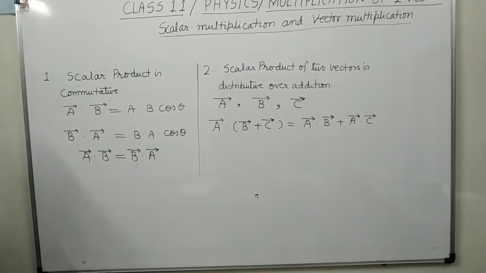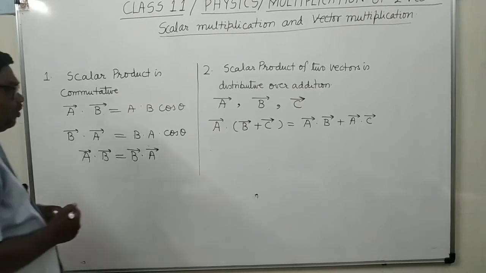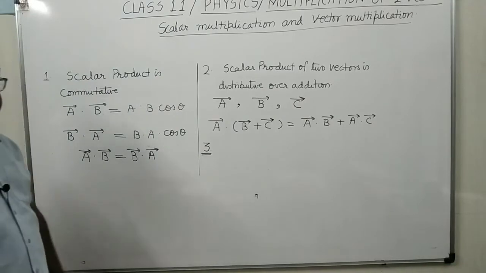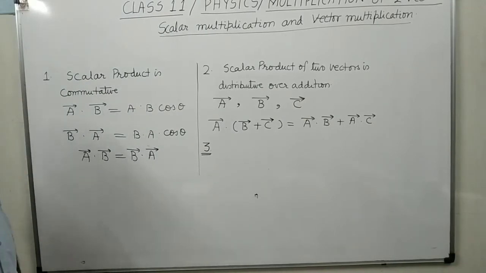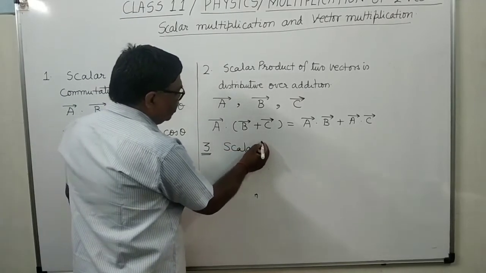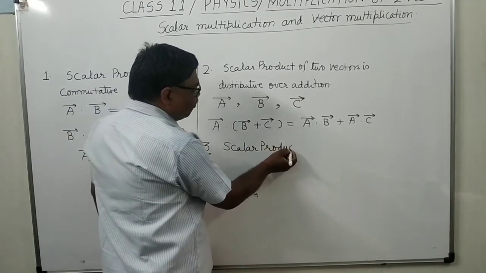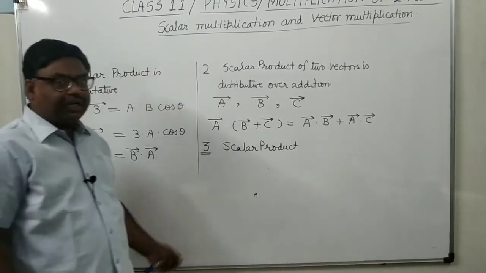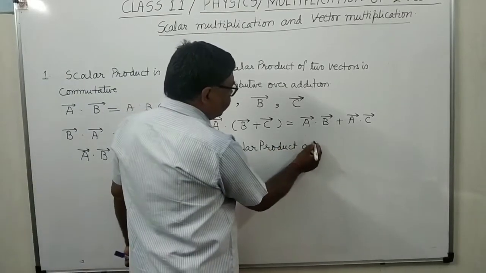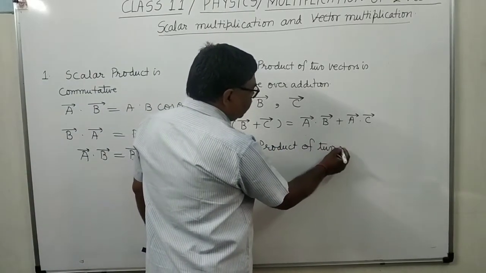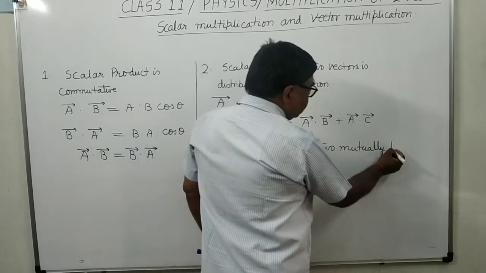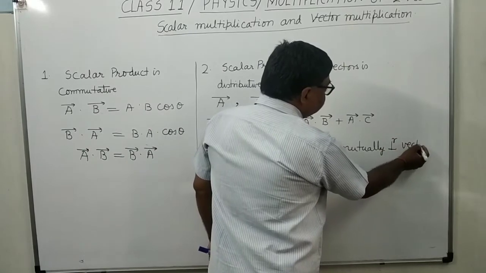Now there is one third property, which is very much used in numericals in physics: scalar product of two mutually perpendicular vectors. This is very very important, you will get many questions based on this. It's clear. Scalar product of two mutually perpendicular vectors